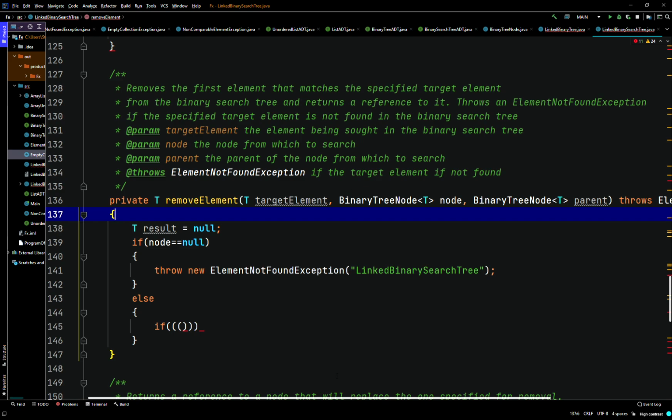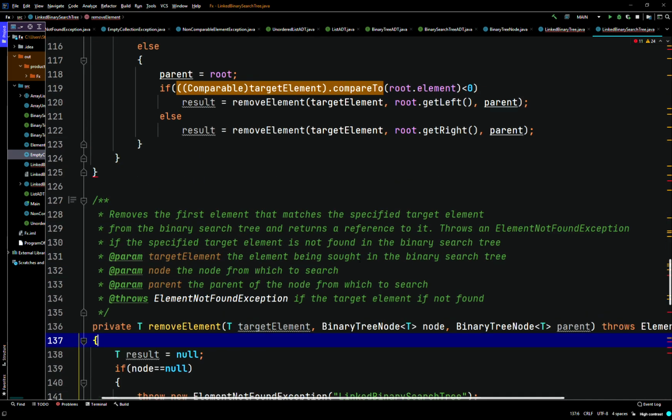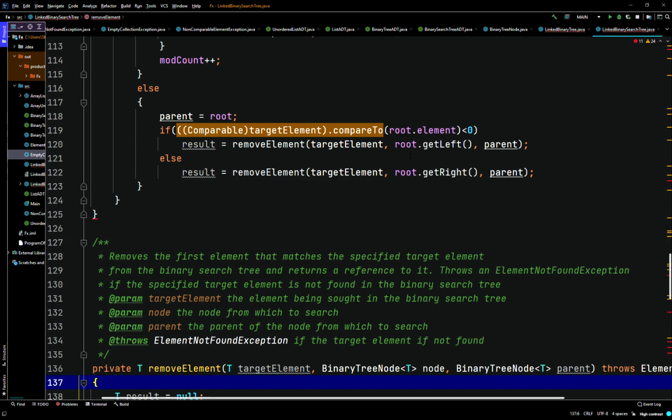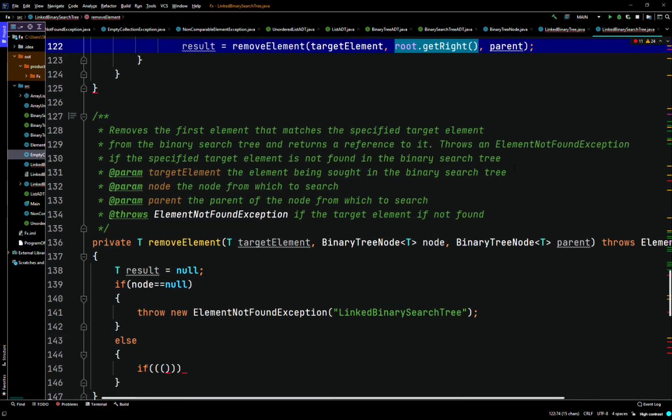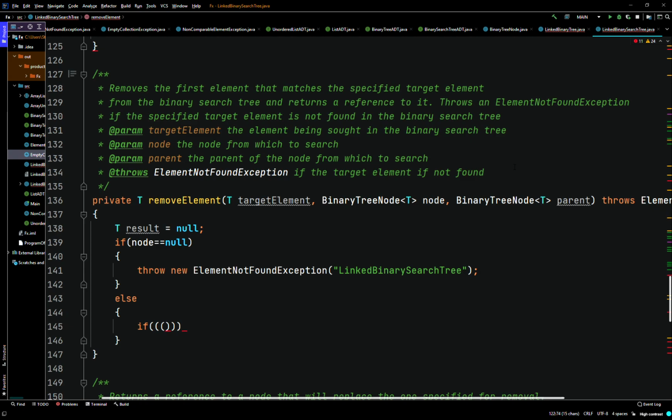so node's going to be this right here, the root.getLeft or the root.getRight. So it's only going to be either one of those. So it's saying, okay, if the target element equals one of those elements in those nodes, then it's going to be like, okay, well, we found our target element. So here we're going to do a cast Comparable of type T